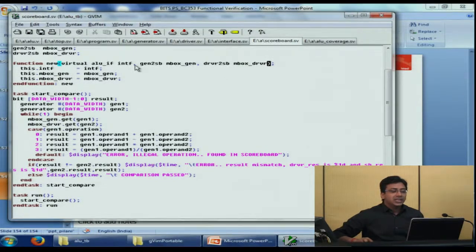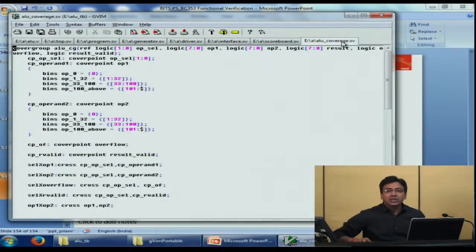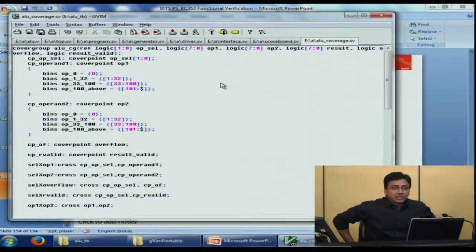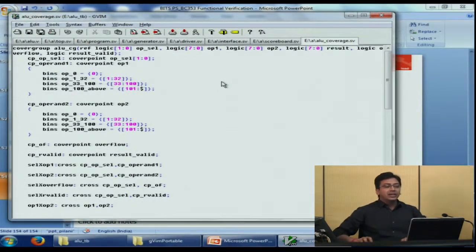Out of all the entities that the test bench has, like the generator, driver, interface, and the TB top, the only component left till now is the coverage, the functional coverage. Let's look at that as well. So this is the implementation of coverage. Just like the assertions and constraints, we have given a small sample set of cover points and crosses for the ALU implementation. The ALU DUT might have more assertions, cover points and constraints, but just like for constraints and assertions, we have given some examples and left it to the user to implement more based on their knowledge.